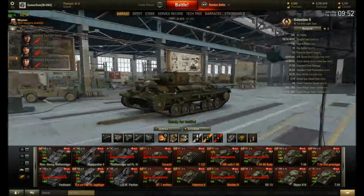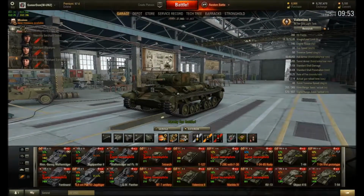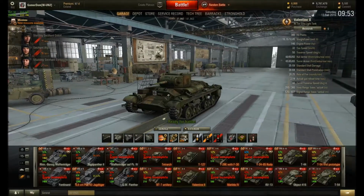So yeah, I don't buy it for that. Buy it as a bit of a fun thing. I mean, I bought mine when it was heavily discounted. I've hardly played it. 13 games I've played, and I bought it because there was a guy in one of